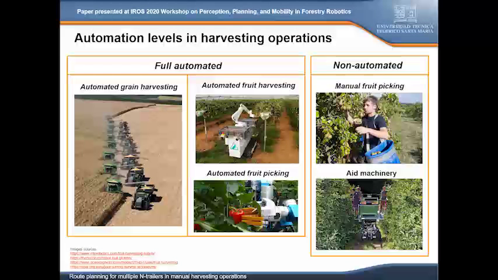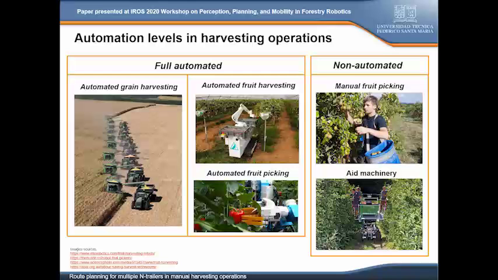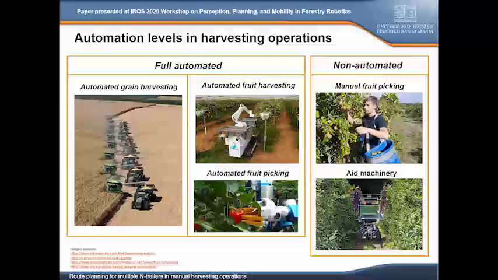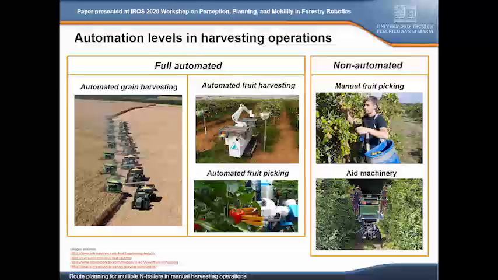For the past few years, mobile robotics and automation technologies have been successfully integrated into agricultural processes. Most of the advances have focused on optimizing seeding, spraying, monitoring, or grain harvesting operations, as shown in the left picture. However, in specialty crop harvesting, the robots have not yet successfully replaced the judgment, dexterity, and speed of experienced pickers. In this context, rather than fully automating the harvesting task and thus replacing hand picking, it's more worthwhile to automate crop transportation in order to create a semi-automatic harvesting system that takes advantage of both human dexterity and automated